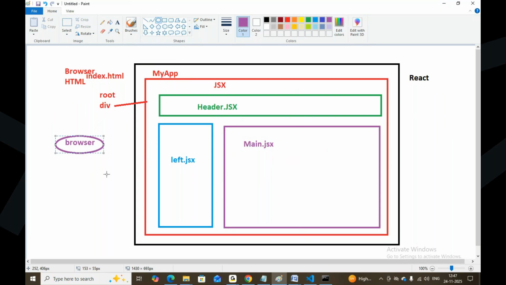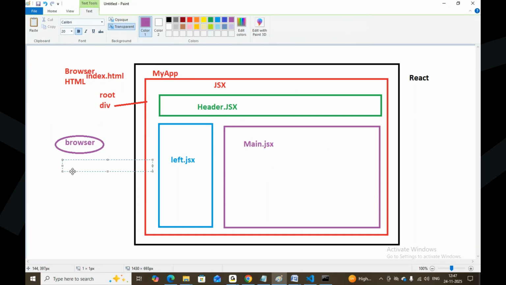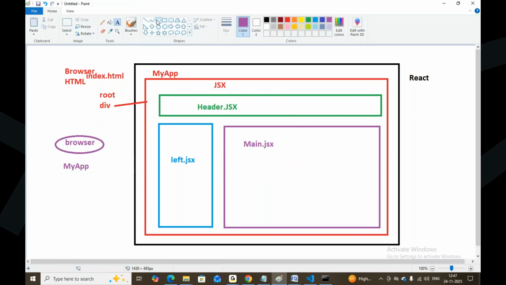Okay, your browser has my app. Inside my app,